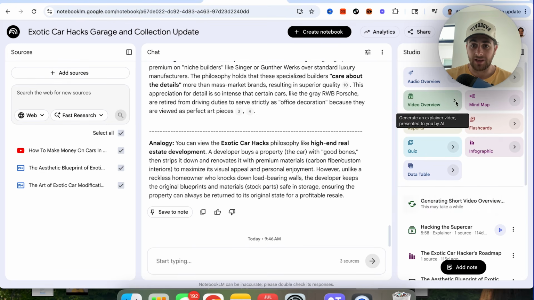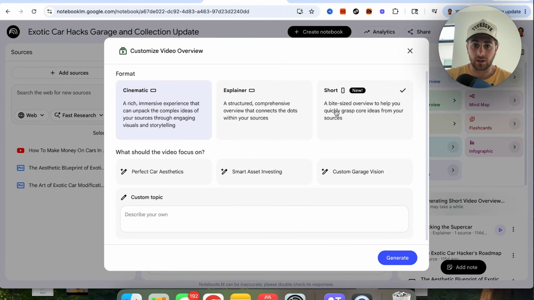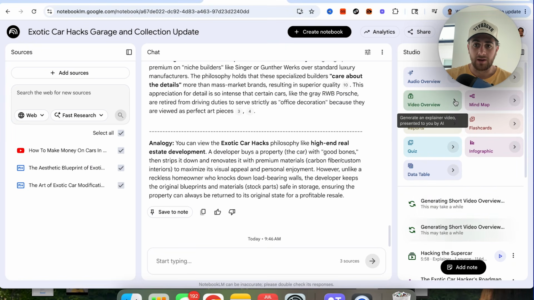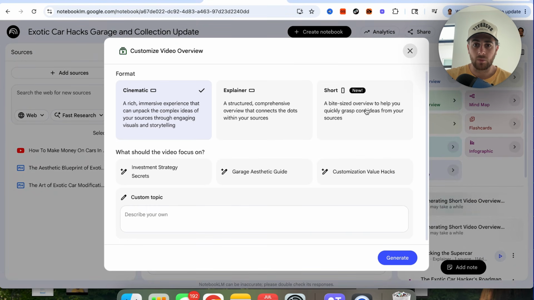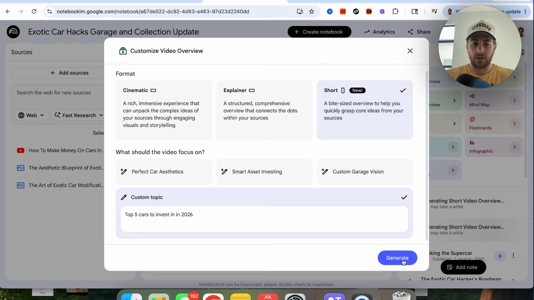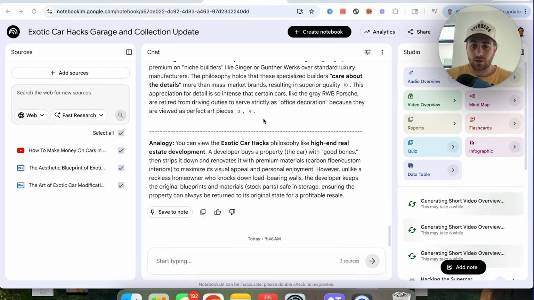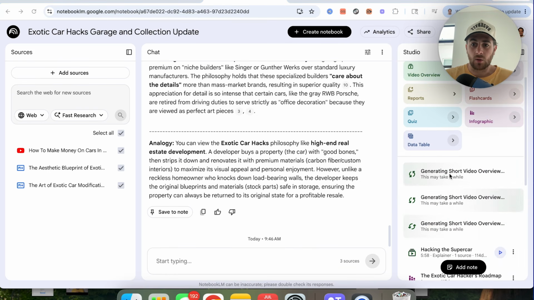through and generate this. In addition to that, if we come back over here, we could click again and we could create something else. For example, perfect car aesthetics. Then we could click on generate right here. And if we click on video overview again, we could come over here and look at how easy it is to generate all these different shorts. And we could say something like top 5 cars to invest in 2026, we could click on generate. Now what this is going to go through and do is this is going to generate all of these different